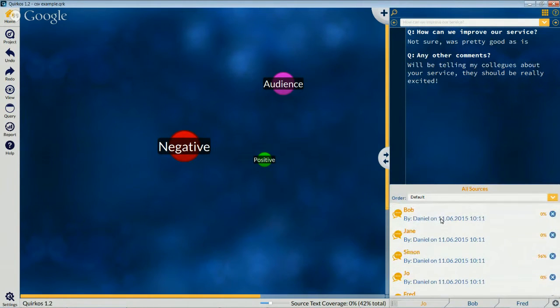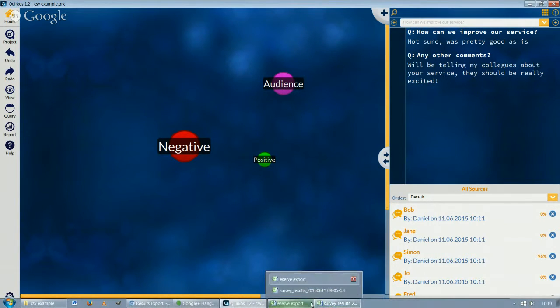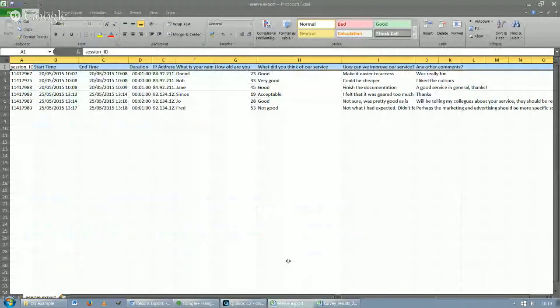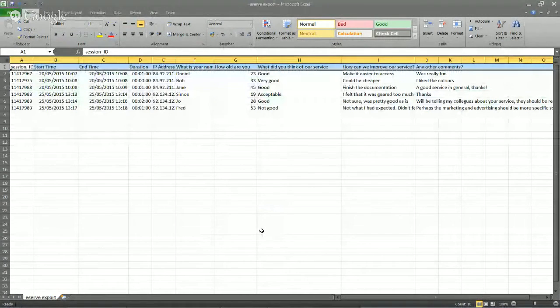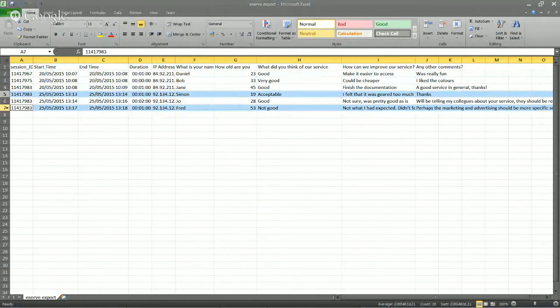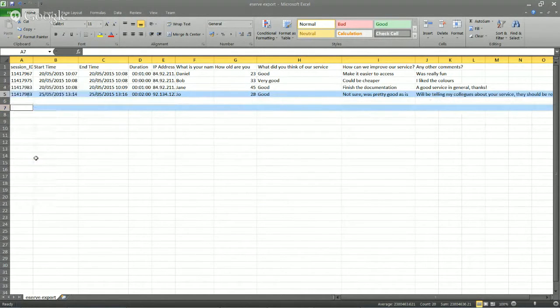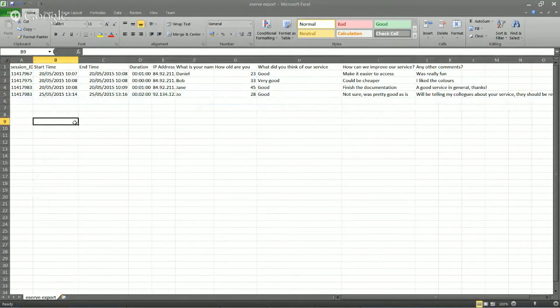But obviously it's easier to use that functionality in Eserve or SurveyMonkey and only bring in the responses that you want to. The other thing to bear in mind, of course, is that you can do a lot more to play with the data before you bring it into Quirkos if you open it in a spreadsheet. So for example, if there were some duplicates in here, or you had a couple of values where you could see that person hasn't completed the survey, or they've put in ridiculous answers, then you can obviously delete those in Excel as well before you save the CSV file and then bring that